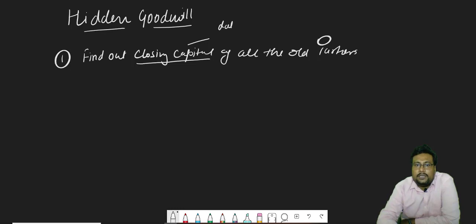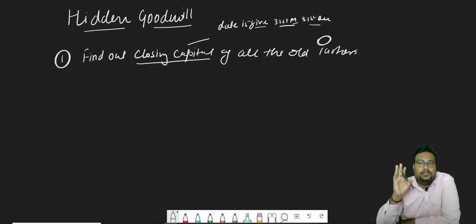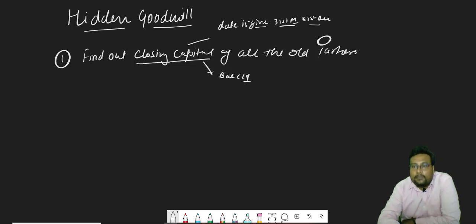Generally in the question, date is given, 31st March or 31st December. But it is not necessary; it can be on a different date also. You can make the partner's capital account and whatever balance c/d you find out, carry it down. That is actually closing capital. So first we have to find out the closing capital of partners. Second,